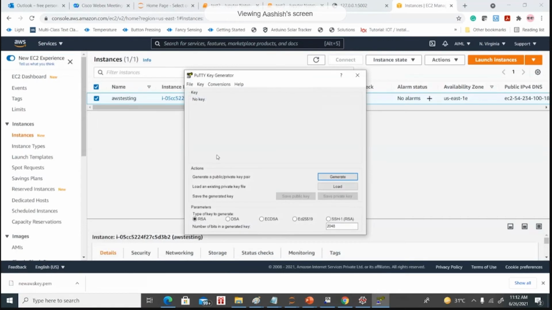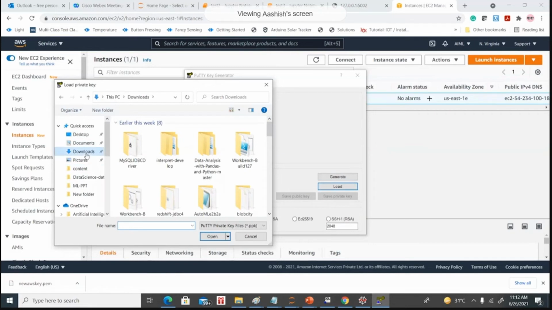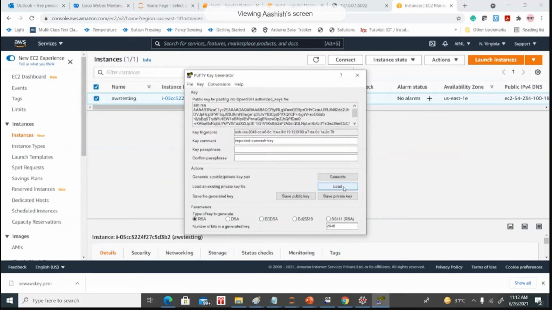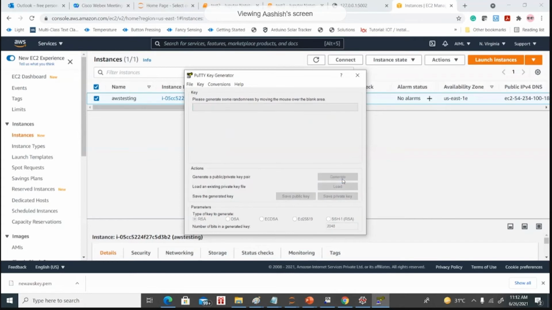So let's use the PuTTYgen software and load this .pem file, and generate one private key, and we save this private key to the same location. It's basically creating one private key, and we use this private key to connect with this VM.